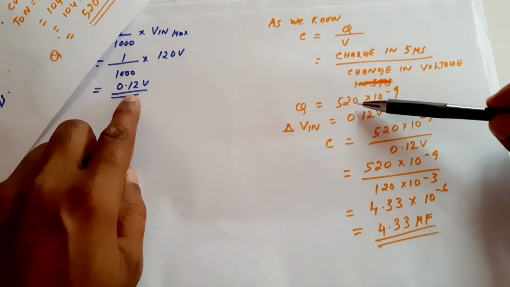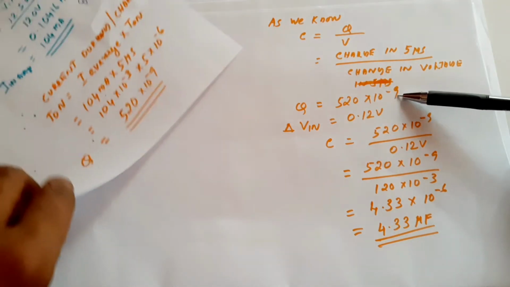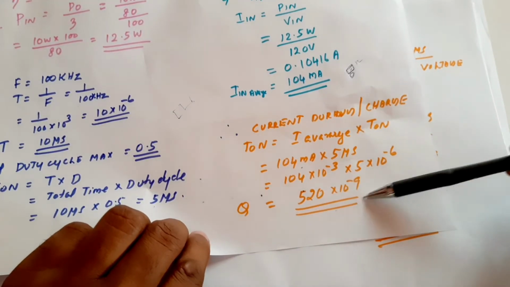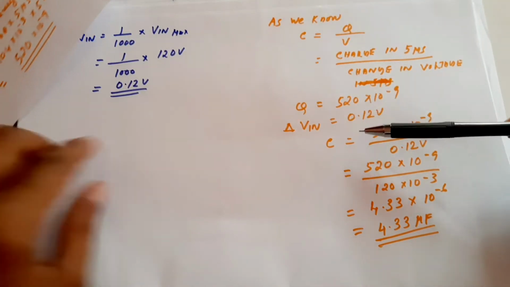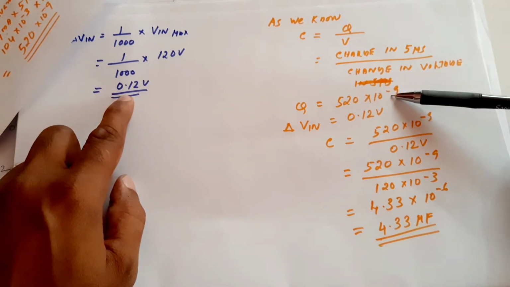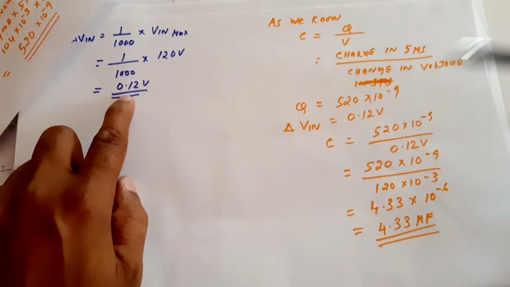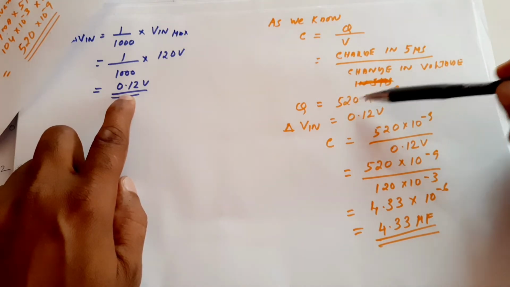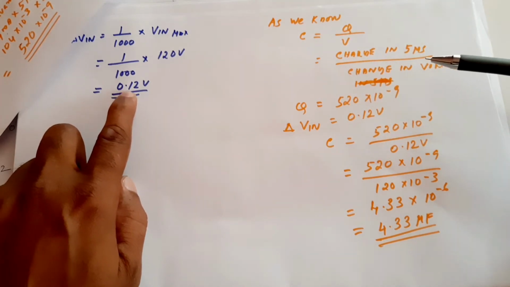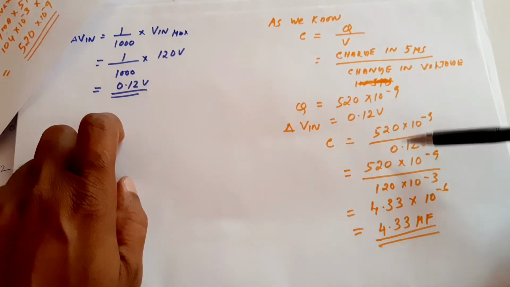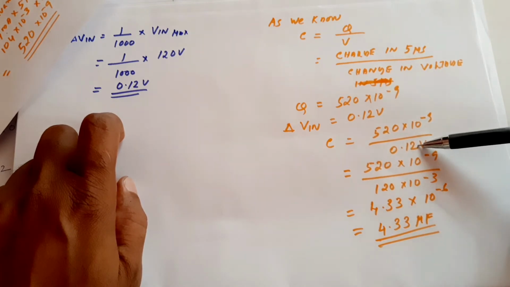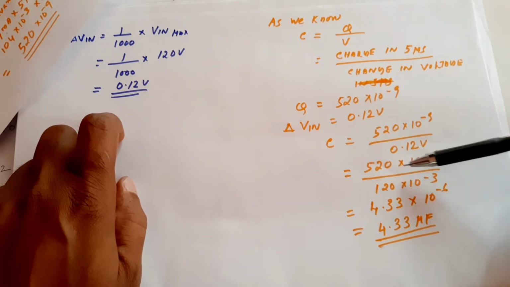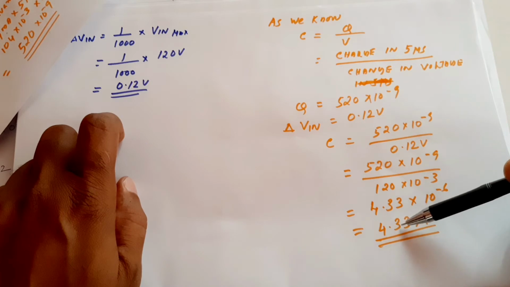The charge that flows out of the capacitor in 5 microseconds, as we calculated, is 520 into 10 raised to minus 9. Due to this flow of charge, the voltage decreases by 0.12 volts. So the change in voltage is only 0.12 volt, and the capacitance is calculated as 4.33 into 10 raised to minus 6,